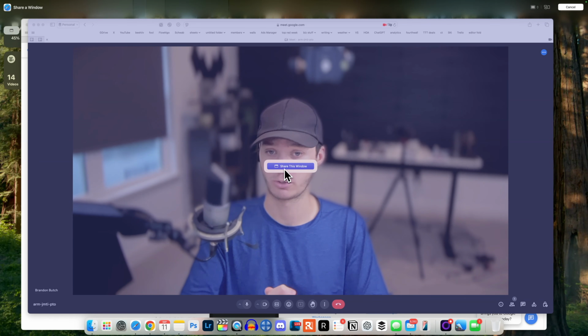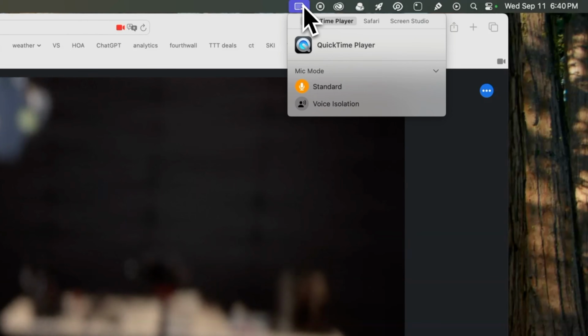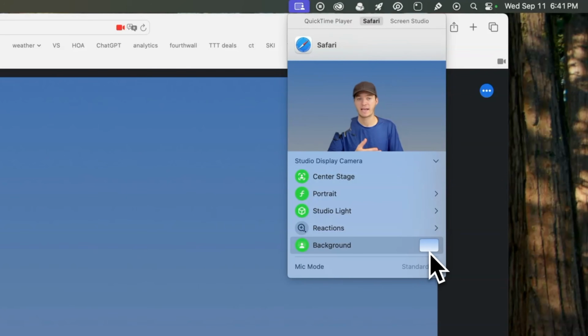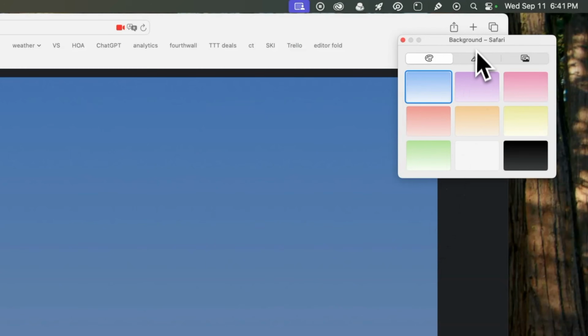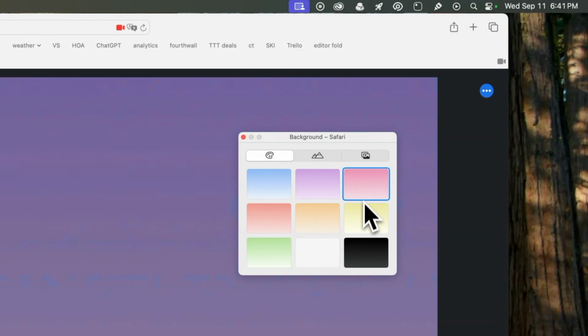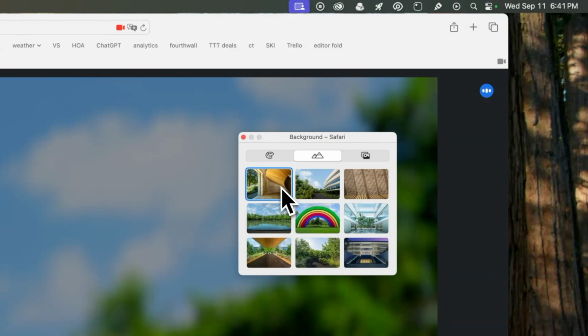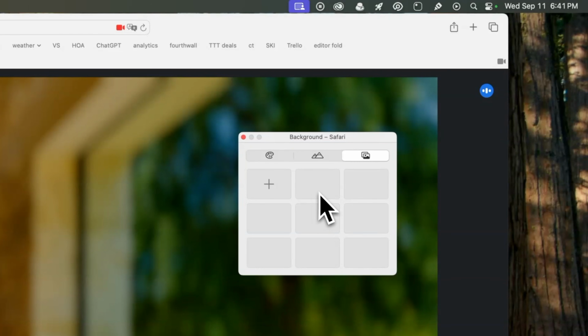basically just to prevent any type of accidental sharing of potentially personal information. And this gets even better as well, because if you go up here and you switch over to Safari, for example, which is where we have our video playing right now, we have a new section called background. And if you press on that, you can now have a green screen where it kind of blocks out everything in the background, which can be excellent for video calls. And if you press on the image right here, you have different backgrounds to choose from. So different colors, different gradients. You also have different, like, actual objects, like if you're in Apple Park,